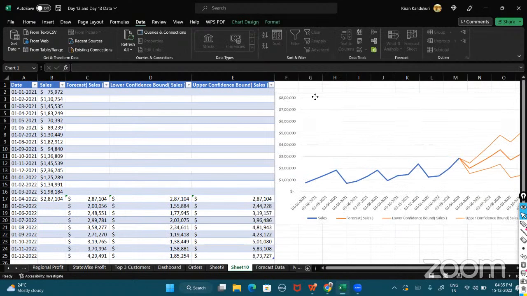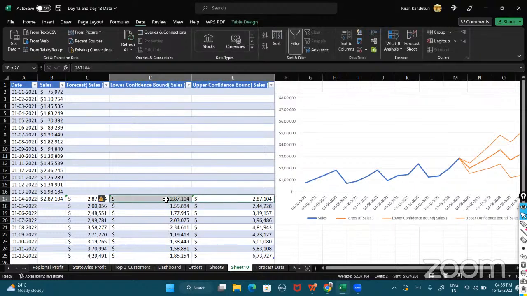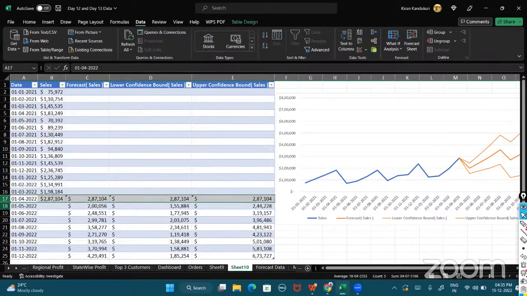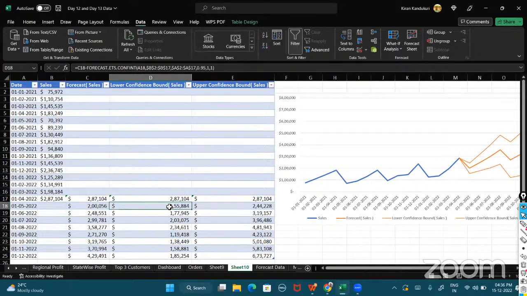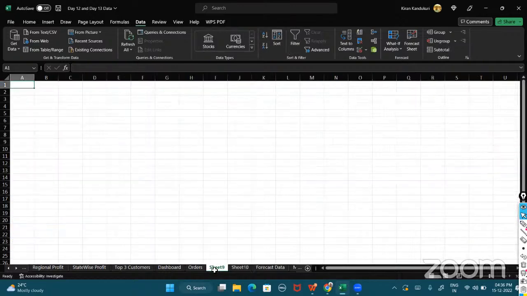So how do we calculate this upper bound and lower bound? If you present it as a line, it has already calculated the upper confidence bound and the lower confidence bound. Okay, forecasted sales and the confidence bound. So here there is some problem, but from here on you can see it is calculating. This is the estimated sales, the lower bound and the upper bound. Estimated sales, lower bound and the upper bound. Now,